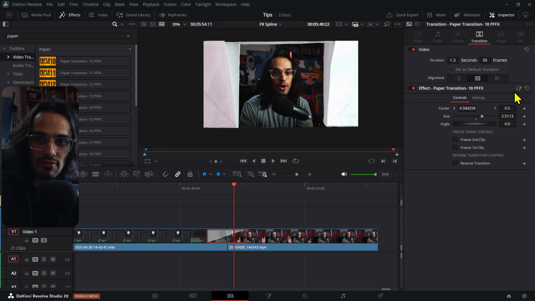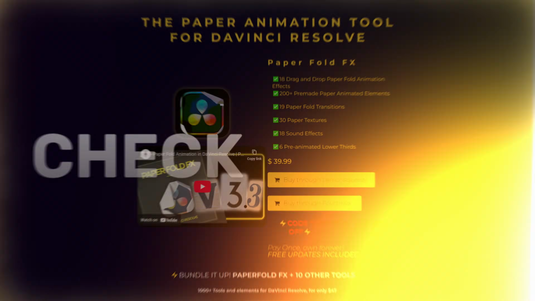open these in Fusion and change the apply mode on the Media View node for those of you that have the Paperful FX already. And if you don't have it and you want to check out more about it, go to